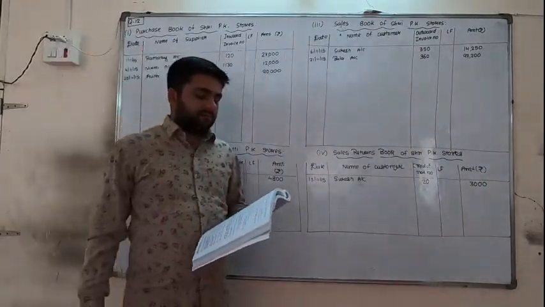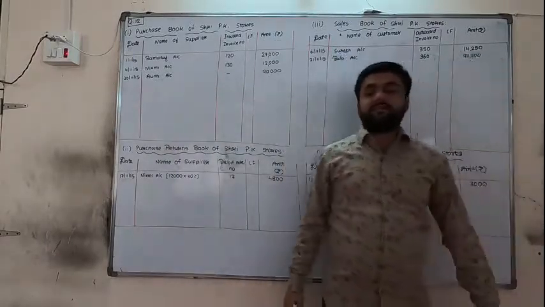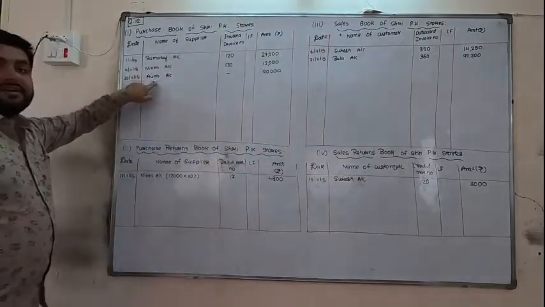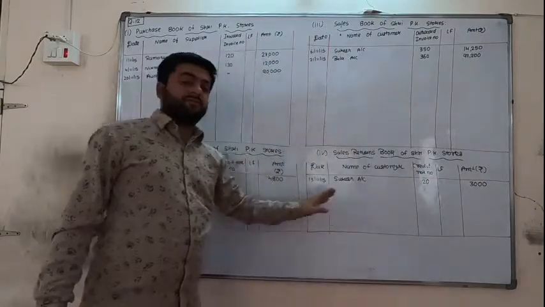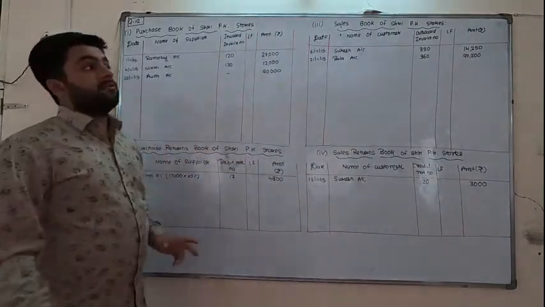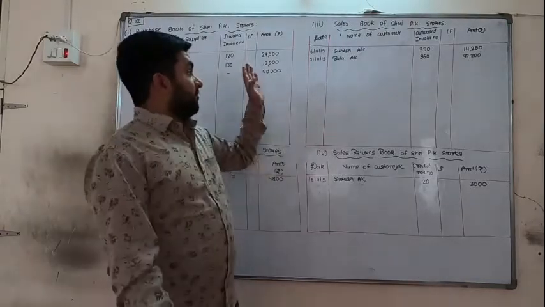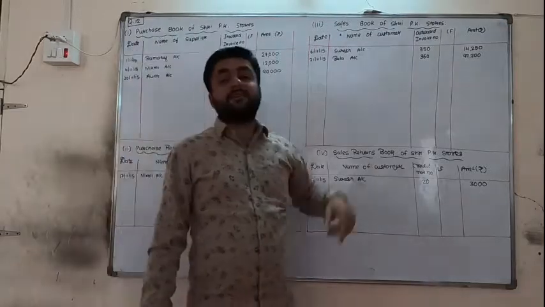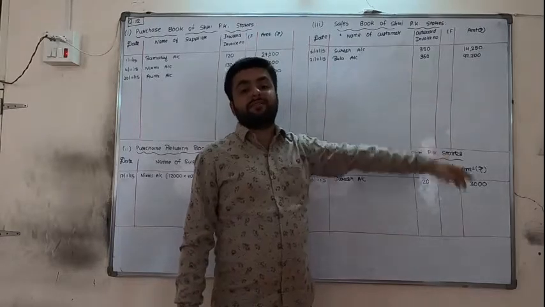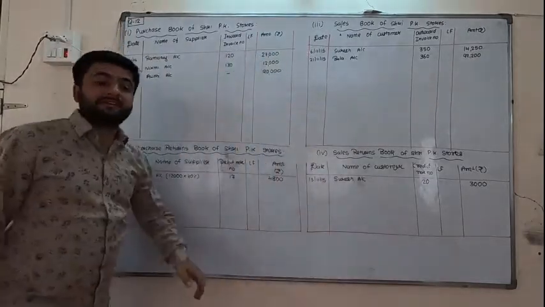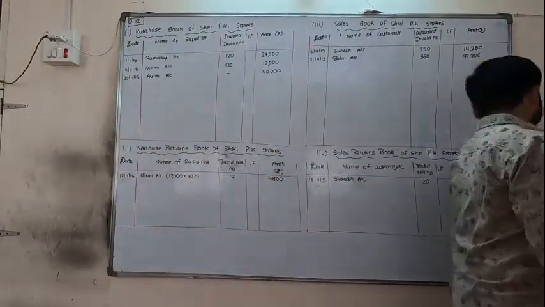Bala returned half of the goods which we sent to Auntie. Okay, now this is a very important thing. 23rd transaction. We are purchasing from Auntie. We are selling to Bala. Bala is returning the goods which we are returning to Auntie. But the amount of sales return and purchase returns will be different. Because goods of 90,000 we are selling for 1,08,000. So they are returning half of the goods, so we will take half of 97,200, and here we will take half of 90,000.